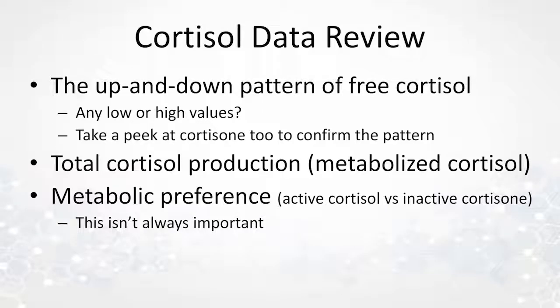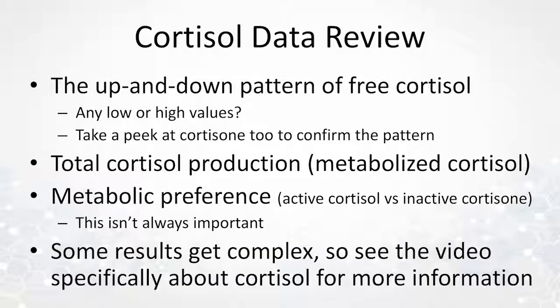So on page 5, you'll see very detailed information about cortisol, both the free pattern, which we want to assess for dysfunction, and then also checking the cortisone, as well as the total of the cortisol production as assessed by metabolized cortisol, the total of the metabolites, and then looking for any metabolic preference that may also be relevant. So on the summary page, we're going to get a snapshot of all of the information, and then you can